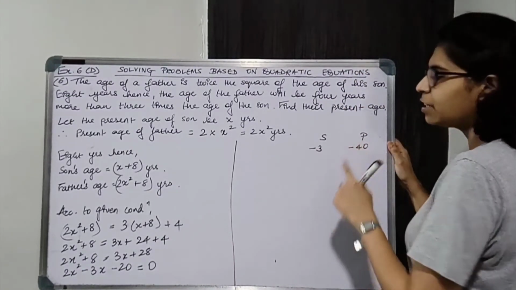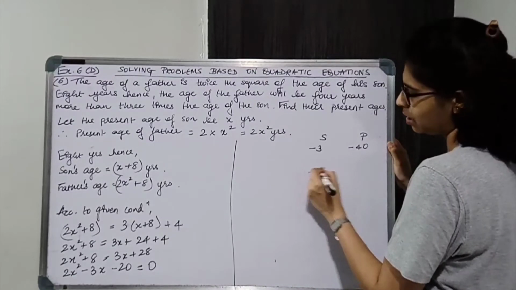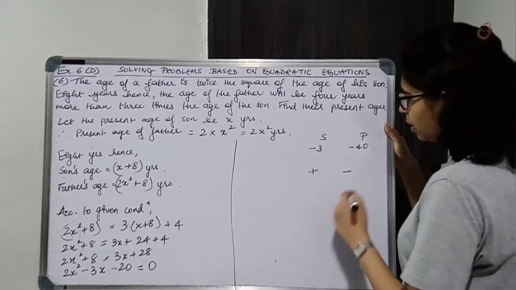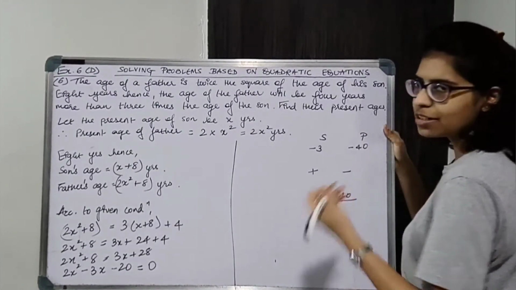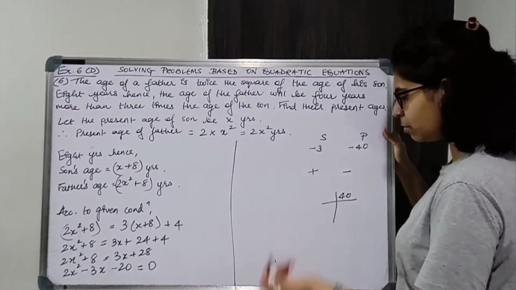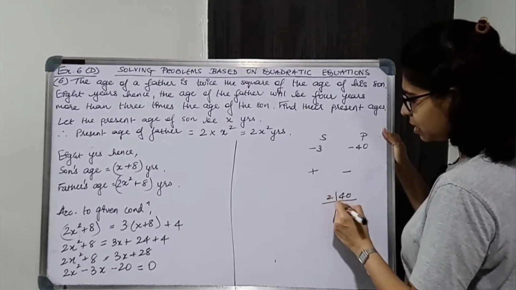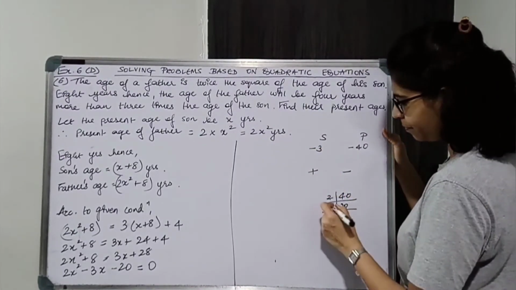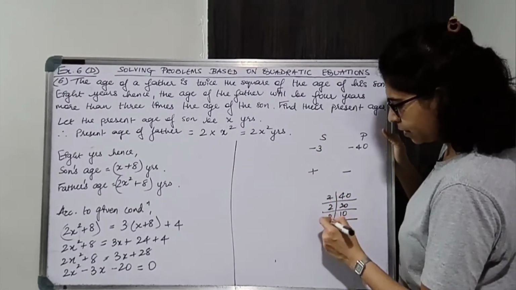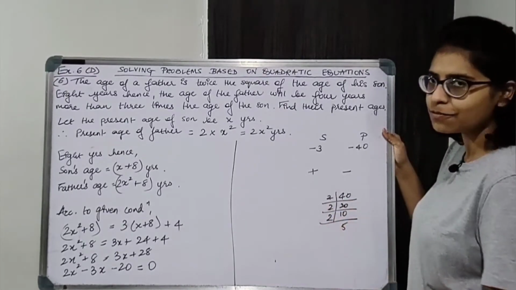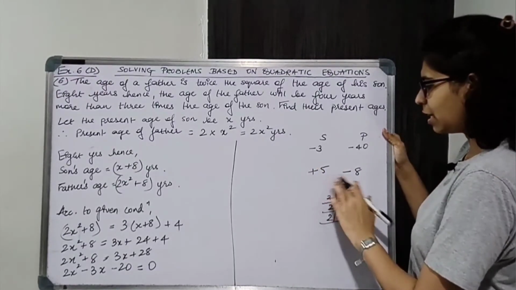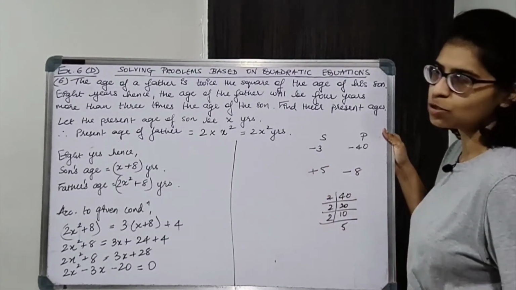Okay, product is negative, it means one factor is positive, other is negative. Sum is negative, meaning greater factor is negative. Now the factors of 40, actually it is 5 and 8. The difference of 5 and 8 will give you 3. So 5 and 8 are the factors. For small numbers you can easily find out. So 2 and 20, the difference does not give you 3. 2 10s are, 2 2s are 4, 4 and 10 difference does not give you 3. 2 5s are, 2 2s are 4, 4 2s are 8, 8 and 5. So 8 will be negative and 5 will be positive, because 8 minus 5 will give you plus 3. We need minus 3. So 5 minus 8.